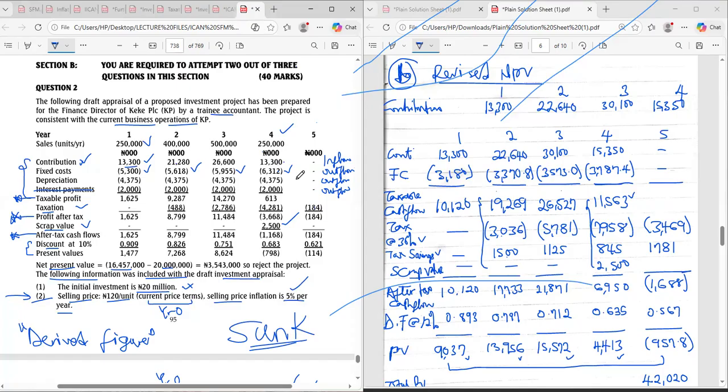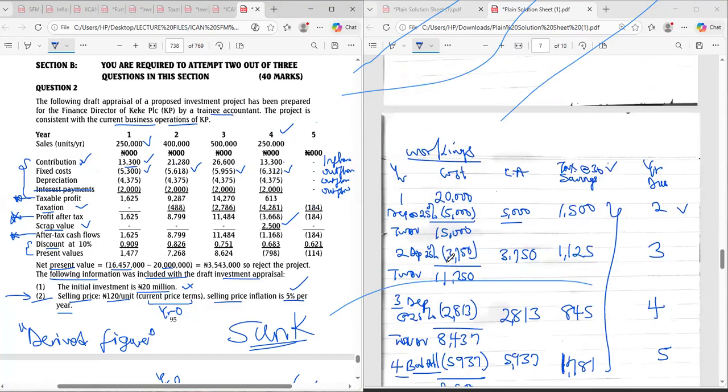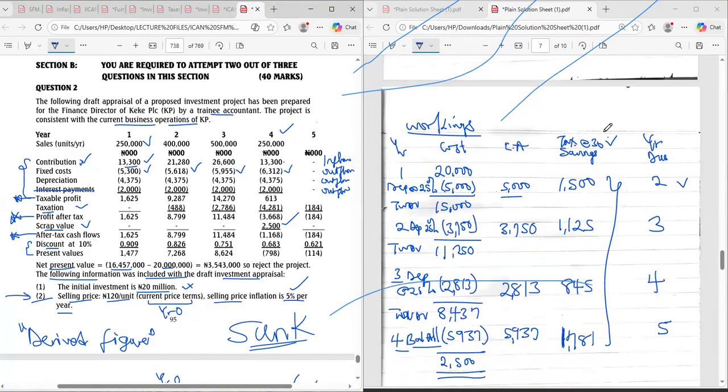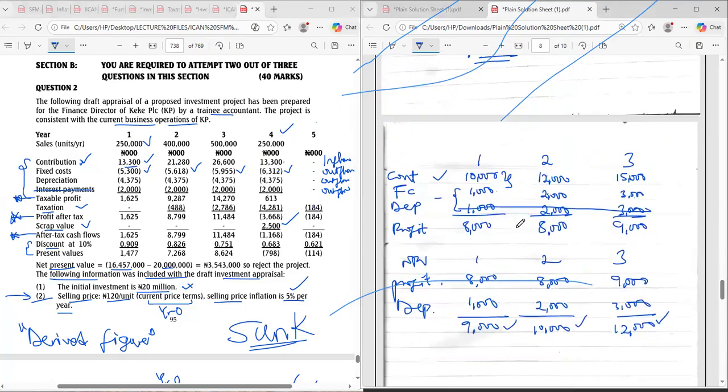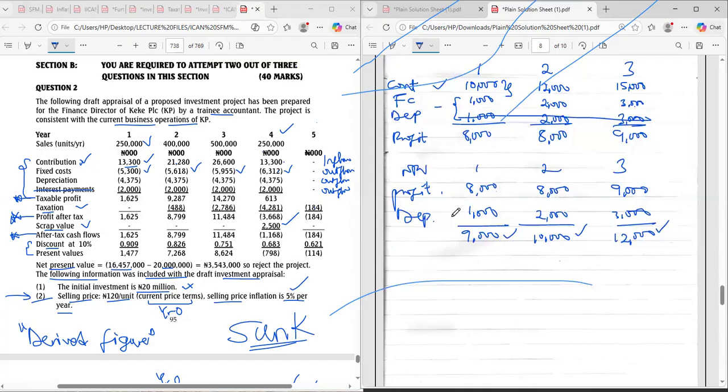So leave depreciation; what you now need is your capital allowance, which you will use when you're calculating your taxation. That was why, when we were computing our tax, we calculated our capital allowance, which is what we did here. So that is it. We don't need depreciation. It depends on where you are starting from. I can start from anywhere, but how good I am to adjust, that's what it means.